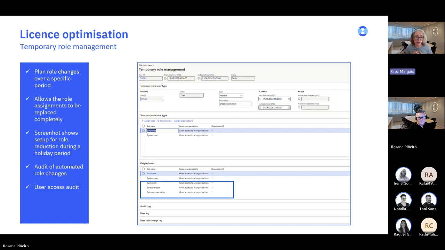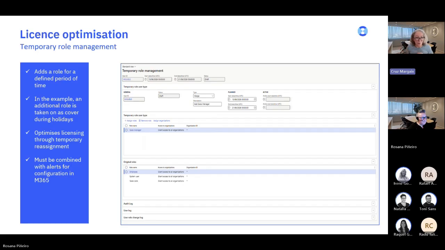For someone to take over, this other person, Miguel in this instance, is going to need to have this sales manager role. However, it would be inefficient to have Miguel with a sales manager role the whole year, consuming a full access license when he's only going to be a sales manager for a week.